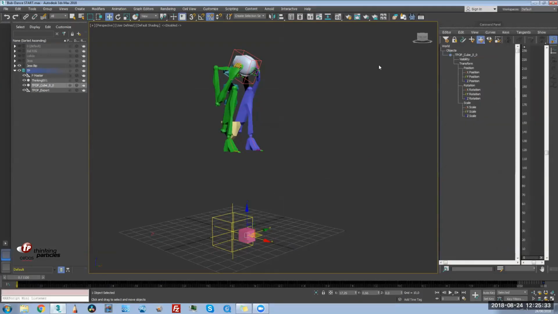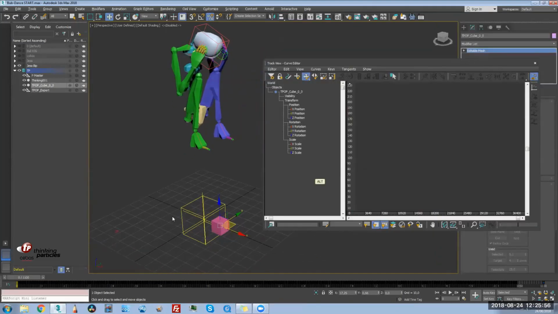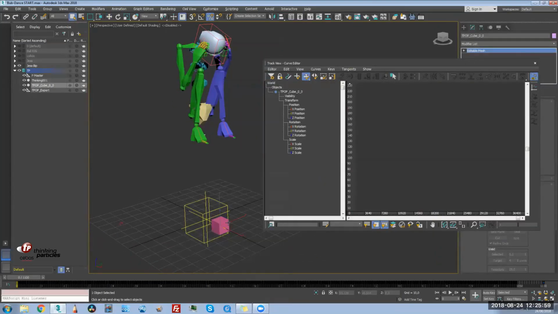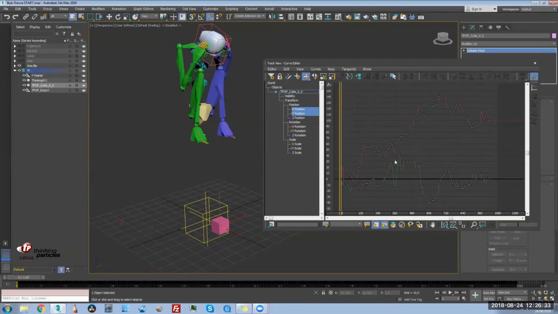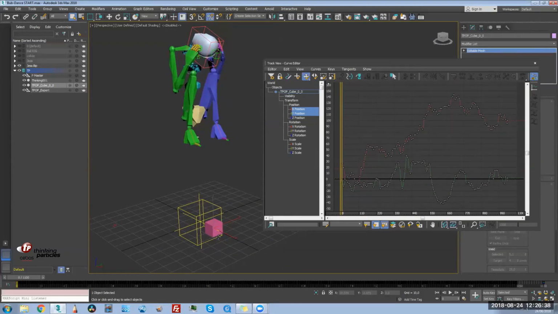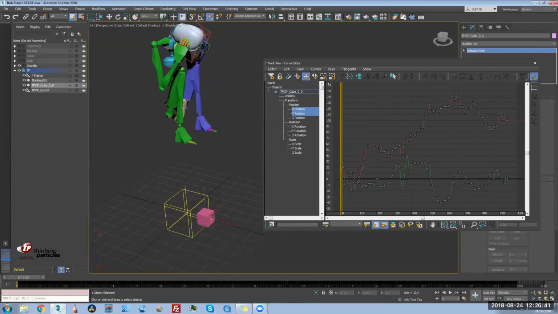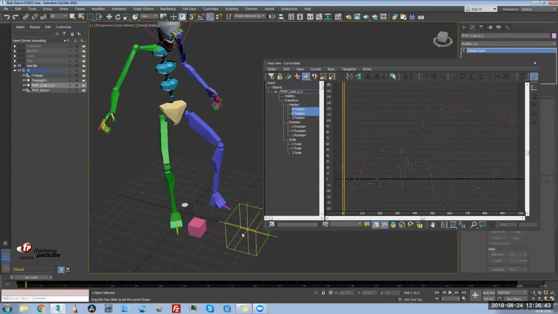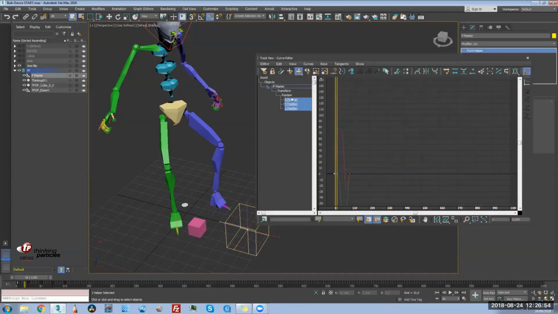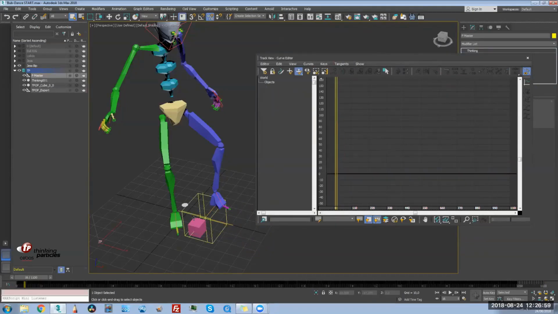Okay, now we have our animated geometry inside Max, and let's go to analyze. We have a key per frame, and we want to move this x and y animation data from the thinkingParticle object to our main control object. So we do it with the track editor. We select copy the x-axis animation, and we select paste copy on the controller object. We do the same for x and y axis,